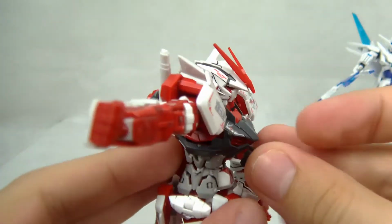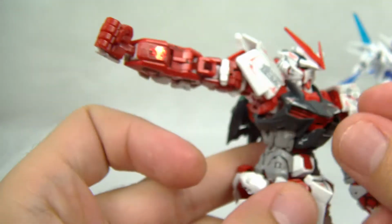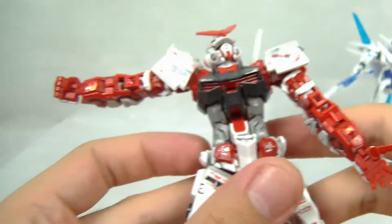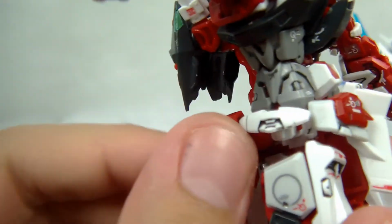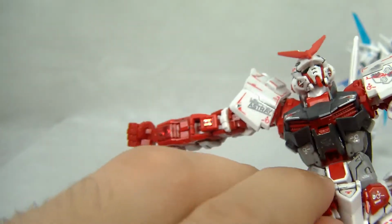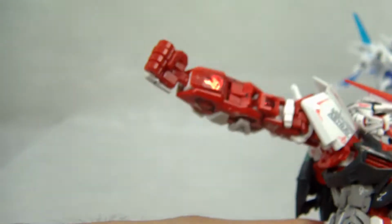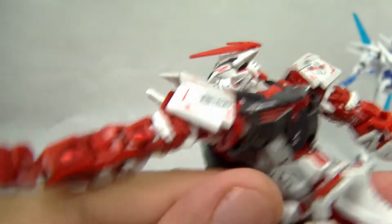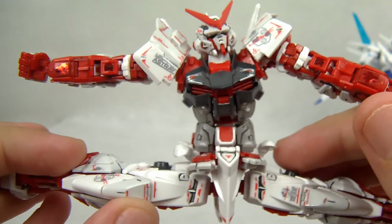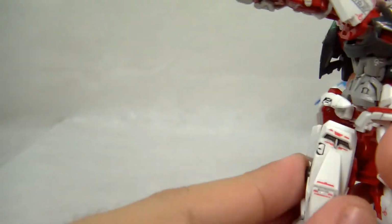You don't really have that much of an ab crunch, and be careful with this chest part. It comes off very easily, and then you have a swivel on the waist. So again, a lot more limited. These side skirts move out, the front skirts also move out individually. So unlike high grades, they do move individually, but the back skirt moves as one piece. You have a beautiful spread, some swivel on the leg, on the thigh,